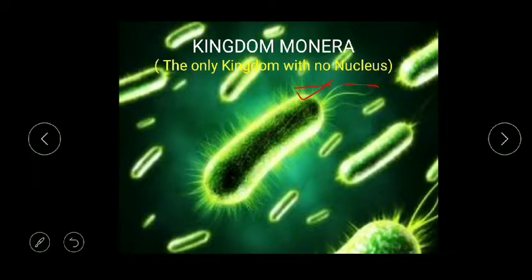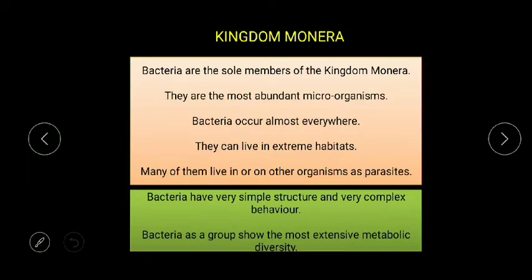Okay. So in this kingdom we deal with the characteristics of monerans, and then some of the bacteria which are included in this and their categorization. So we are starting with the kingdom Monera, and according to some of the characteristics with respect to NCERT, bacteria are the sole members of the kingdom. So remember, they are the sole members of kingdom Monera. Any other organisms are not found, not algae, not fungi, they cannot be found in this kingdom.